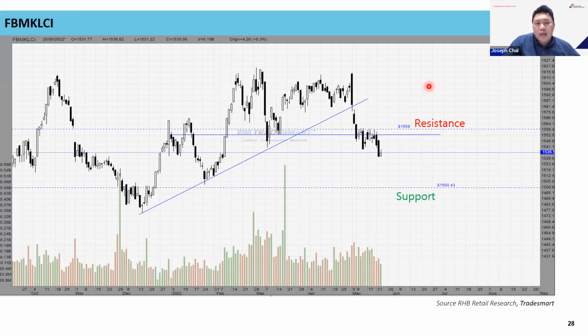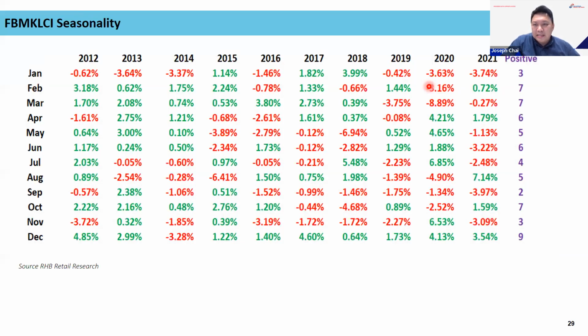But what I do know is that I want to show you this seasonal chart. This is for the last 10 years, how our FBM KLCI performed. Those months that it went up, I mark in green. Those months that it went down, I mark in red. So just a very simple calculation: look at January. January positive 3 means out of the last 10 years, only three times January is